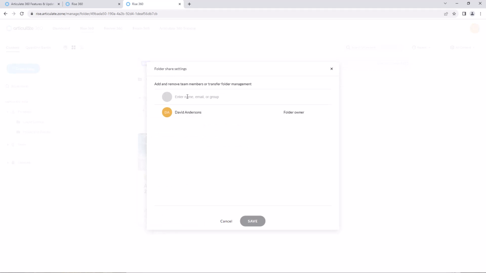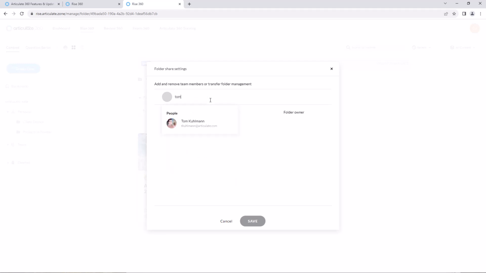So when I add collaborators, any items that I've invited them to will automatically move that course to the team directory. But because the content's added to the team folder, it only means that the members that I've added as editors can manage or see it. So it's in the team folder, but the folder permissions still apply, and whoever you've invited as collaborators, either they're folder owners or editors, they're the only ones who are going to be able to see that content.